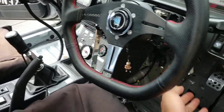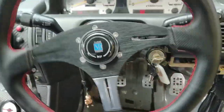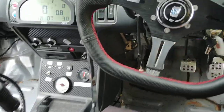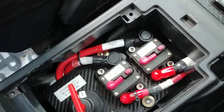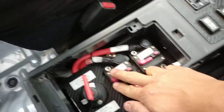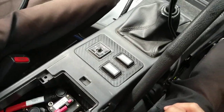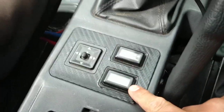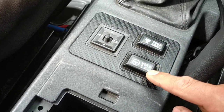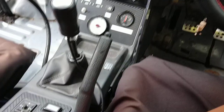So, power steering, can't turn it, stationary, engine's not running. Here's the circuit breaker, so power steering, 70 amps, sorry. That basically runs to the boot, that's the larger wire. Anyway, I've got a factory power steering button which changes it from normal to sport. I'm not sure how it worked on the factory Mitsubishi Galant, but I'll press that button